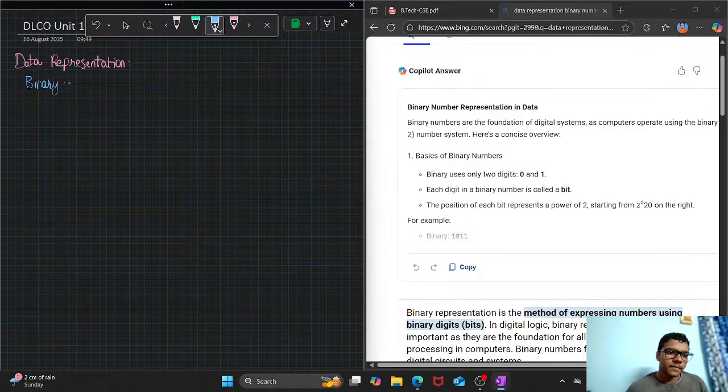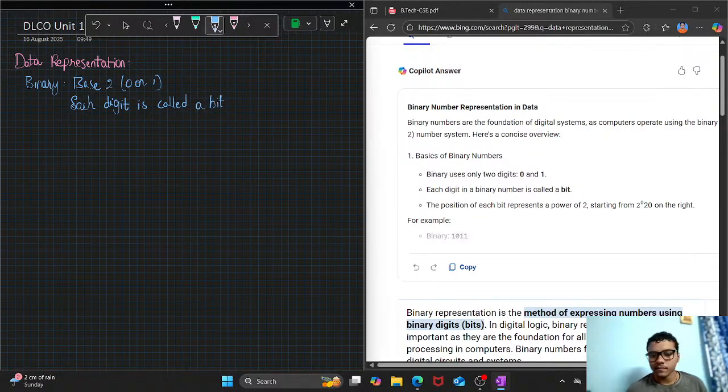Binary is base 2, with digits 0 or 1. Each digit is called a bit. The position of each bit represents a power of 2, starting from